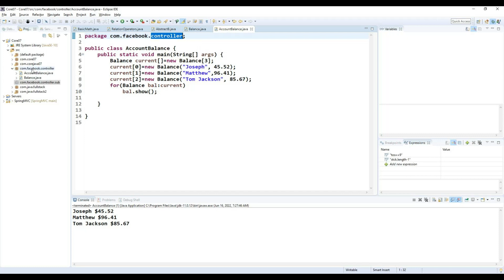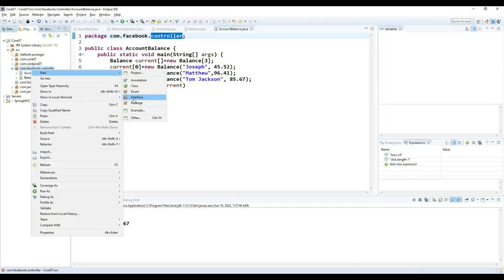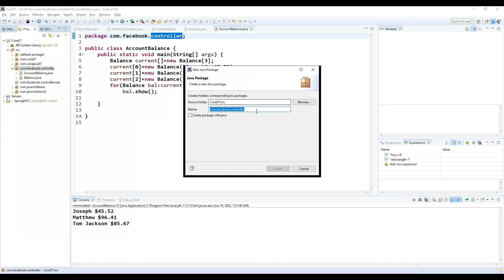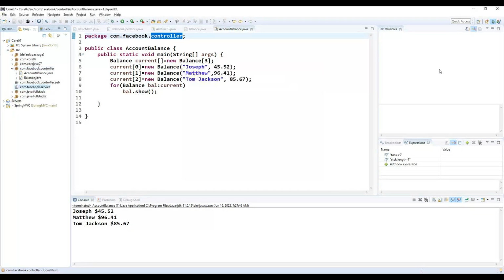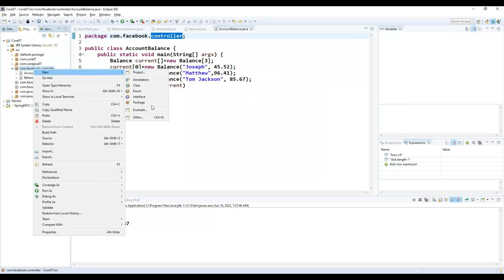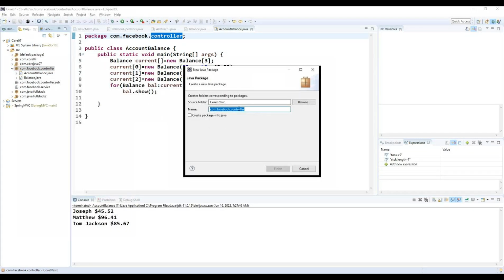So for example, here I'm going to create something like, instead of this particular controller, I'm going to make it a service. Whenever I make it a service, this is a different package, and in the same way we'll create multiple different packages. And here, this is the